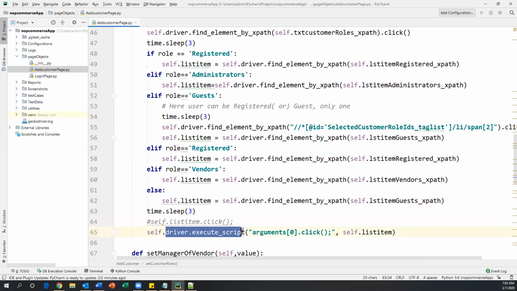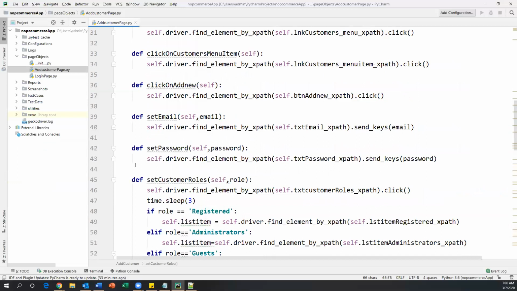By using this method, we can execute JavaScript statements. Sometimes if click is not working on any of the elements, what you have to do is use this method, driver.execute_script, and pass this argument, comma, the second argument is your element. On whichever element you want to perform the click action, pass that element here as the second argument. So this is basically a JavaScript statement. This command will execute JavaScript internally and perform the click action on the element. This is the alternative to the normal click. In this case, the normal click is not working on this application, especially this element, so I have used an alternative approach.